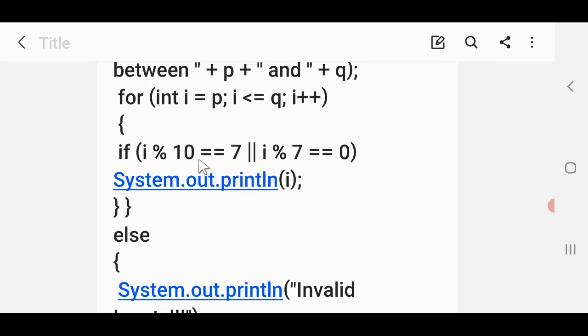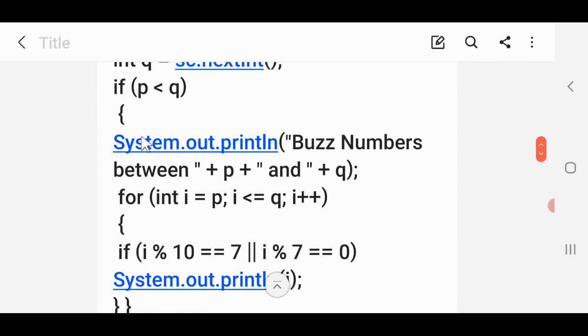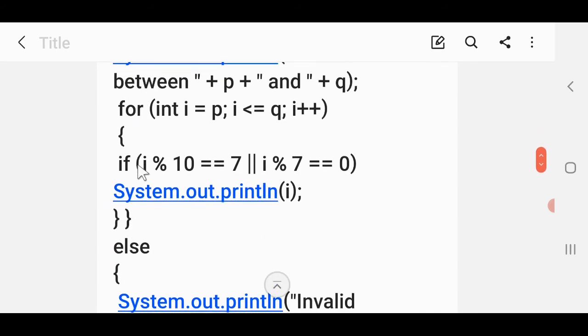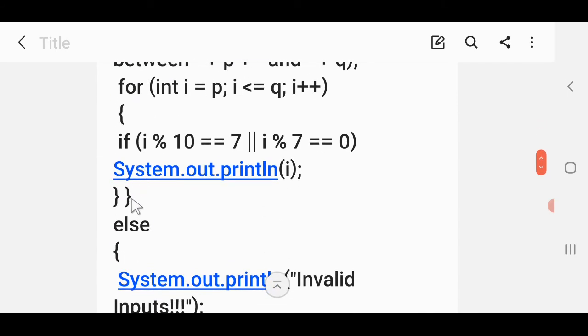All right, students, after that, if it is true, then System.out.println(i). You can put this entire statement into another curly brace also. So you can open one curly brace here, then we can close one here, right? That is always better, right? After that, we close here. What is closed here? The for loop is closed, and then the if condition, which is specified here, is closed. So that is why the second curly brace is specified.